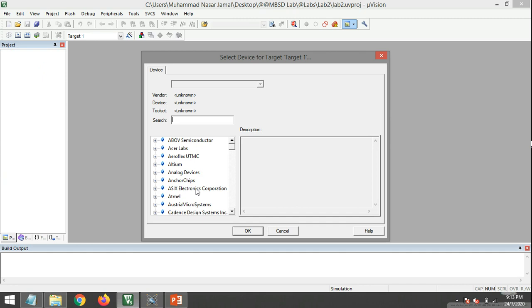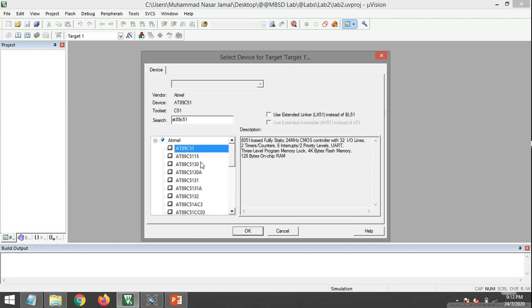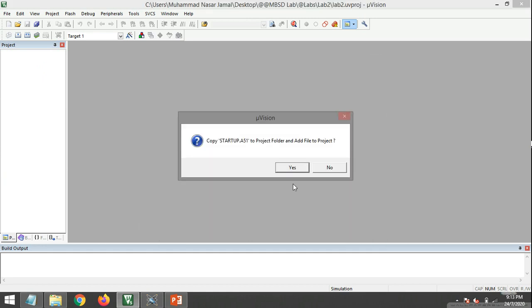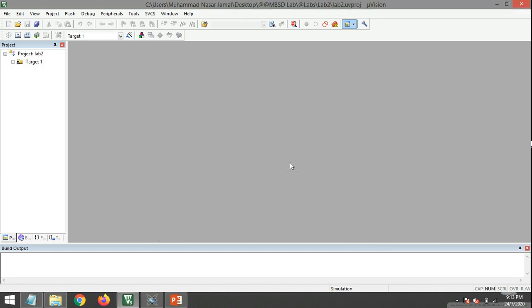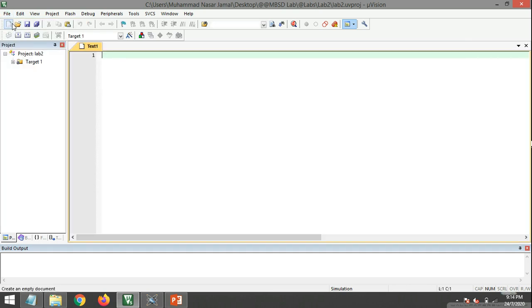Now here I need to select the IC for which I am coding, AT89C51. That's our IC. Click OK, and the project is now created. Now we'll open a file.